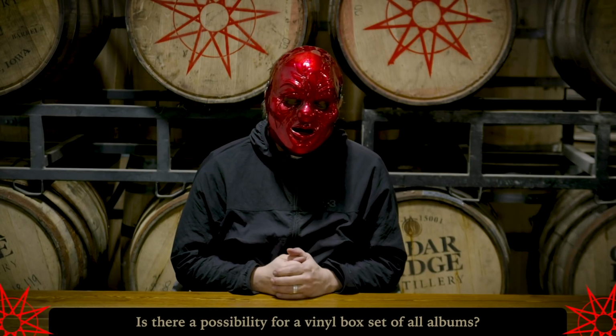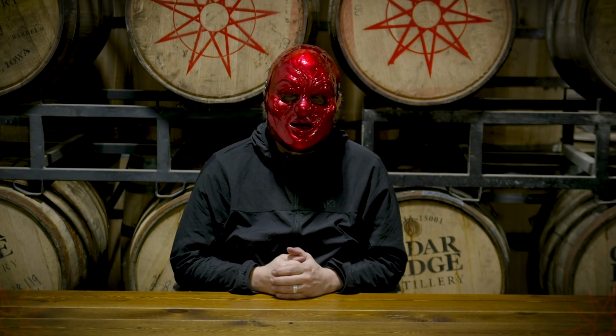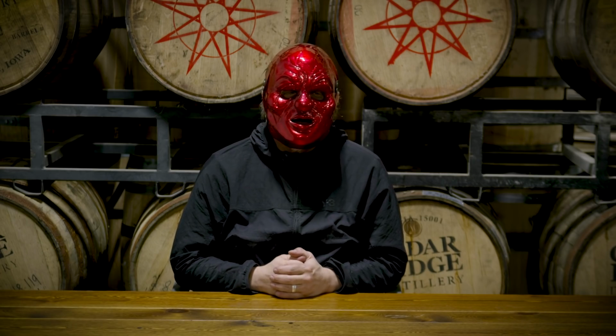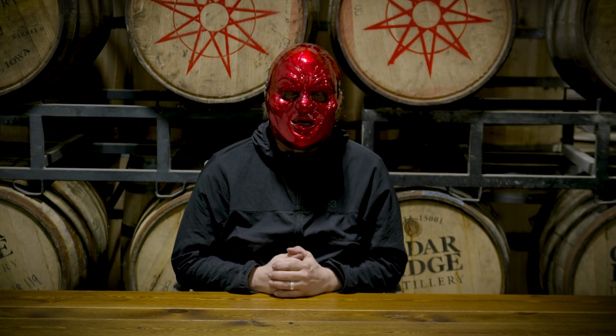The cool thing about vinyl is that it brings a lot of possibilities for art. So the possibility to have a collection of all of them would be amazing. There's always that opportunity. It's just time, what we're working on at the moment. But that is a really, really good idea, because growing up, you can imagine, being 51, I grew up in record stores looking at vinyl and seeing,